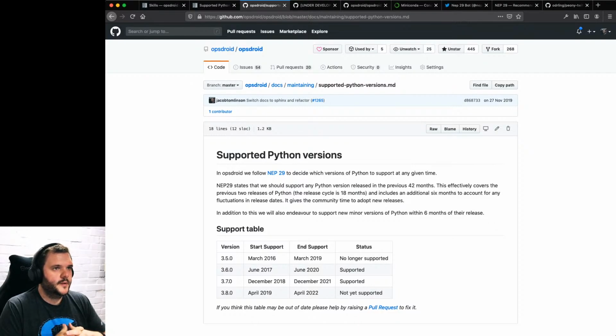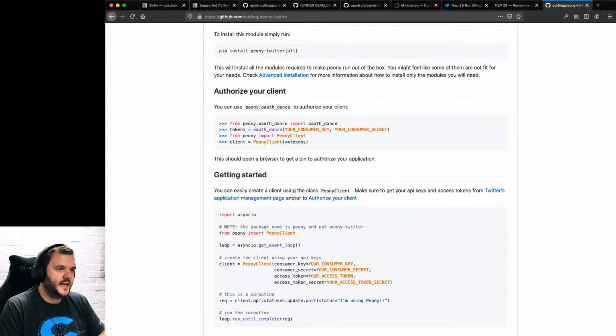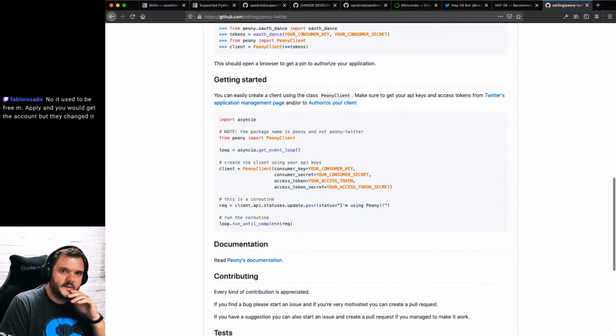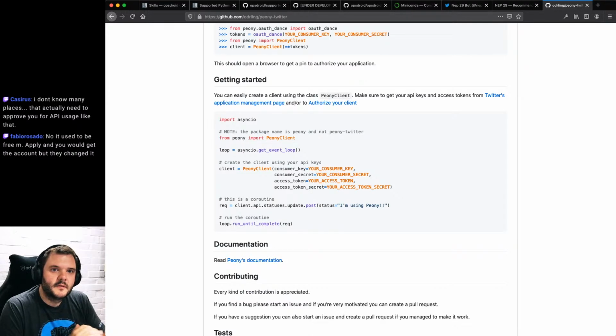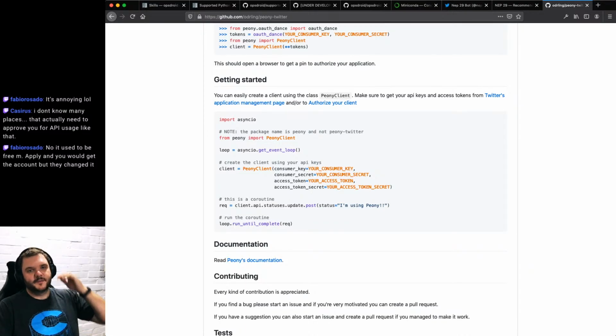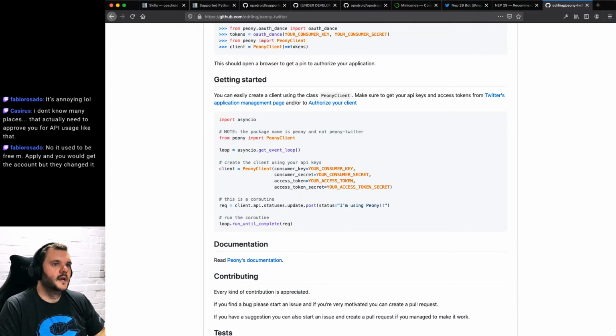Right. What I'm going to do is, looking at this code, once I have these things, I need to generate my access token and access token secret, generate a client, and then... yeah, it's really frustrating. I've been through this kind of process before where you have to apply to be a developer for specific reasons, but I don't know. I feel like Twitter is closing their platform down more and more these days, which is a shame.